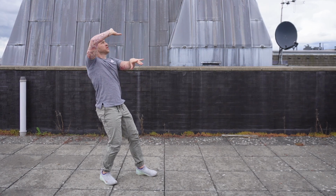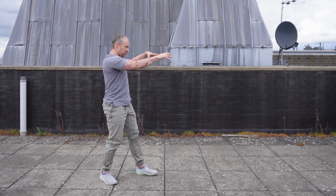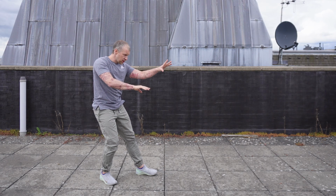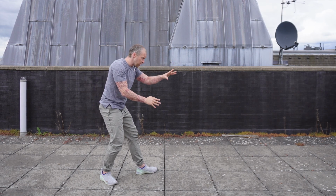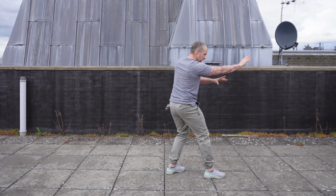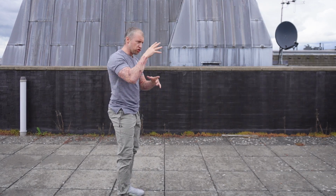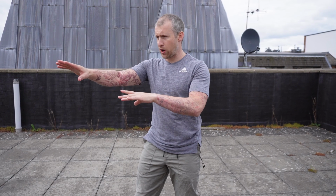circle it around. Out breath, continue the out breath as you sink down. Now there's going to be a shorter, sharper in breath. And that Baguazhang movement is going to release that energy that you've built up, and we're going to drive through that right palm. So when we move to the left hand side, it will be the right hand to the